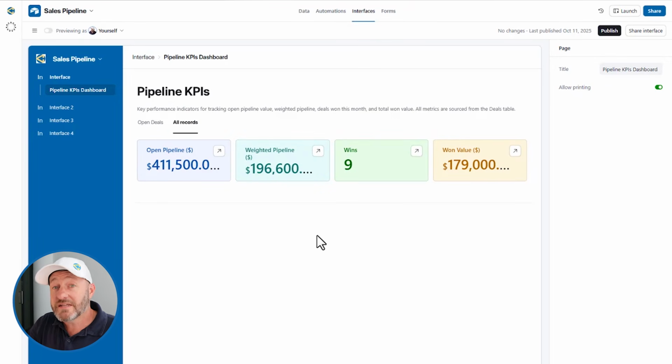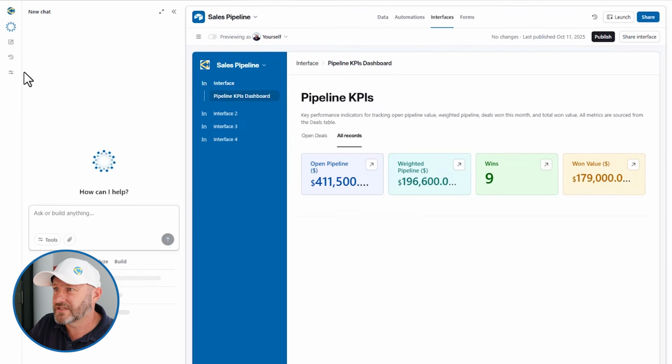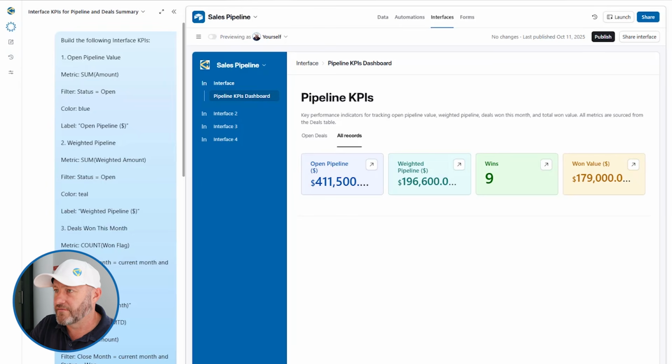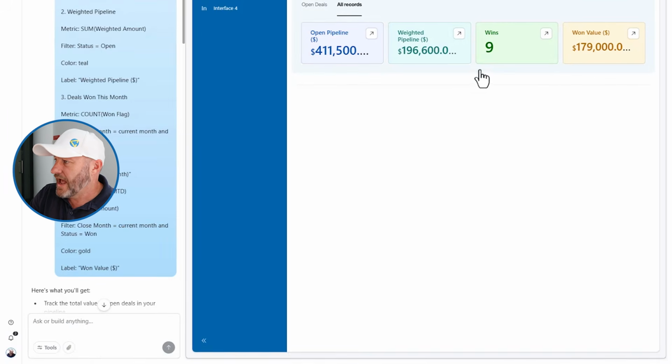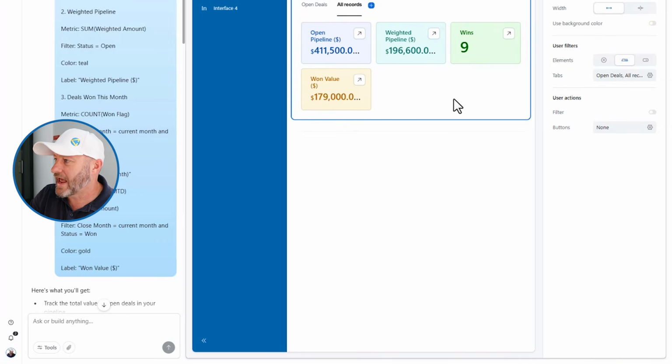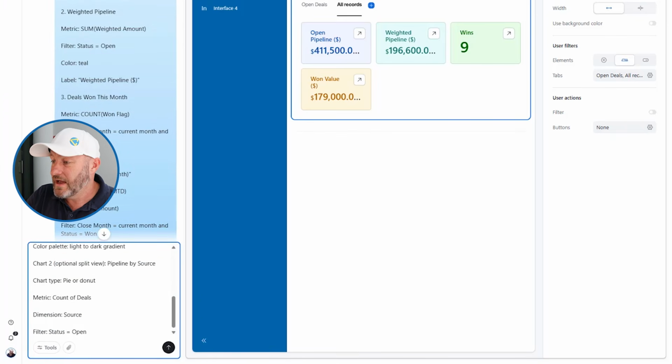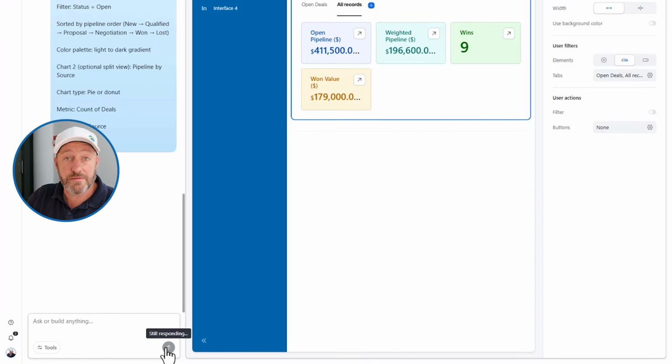Now we want to get Omni's help again so that we don't have to build it all from scratch. So let's open up the AI on the side, and we can either continue with a new chat or go back to the history and just add on to this initial conversation. Either way should be fine. And let's also select the interface itself so that it knows that we want to add to this. So I'll say, let's add to this interface. And I'm going to just copy in 2 charts as I copied them, and I'm pasting them from ChatGPT,